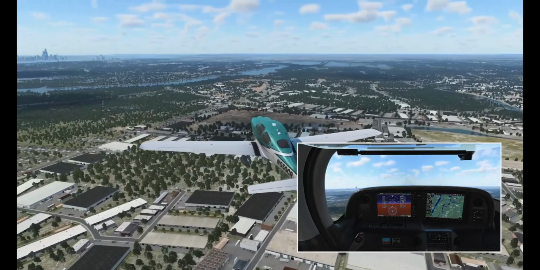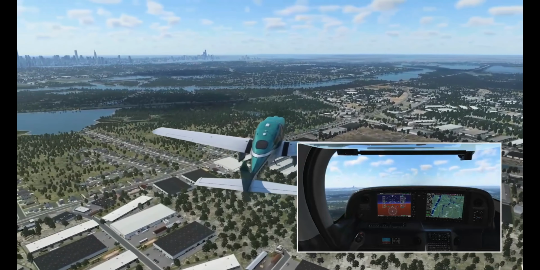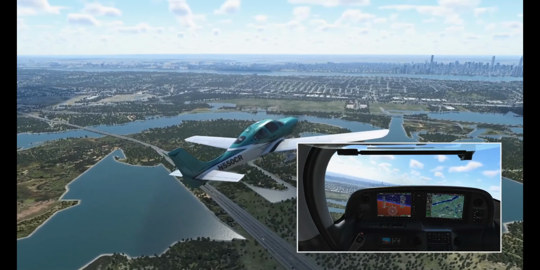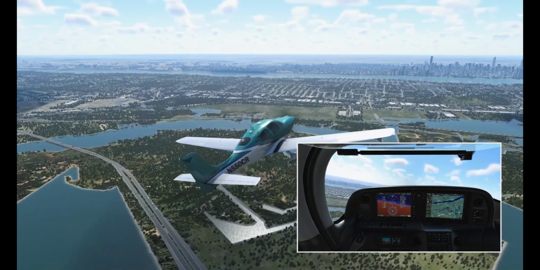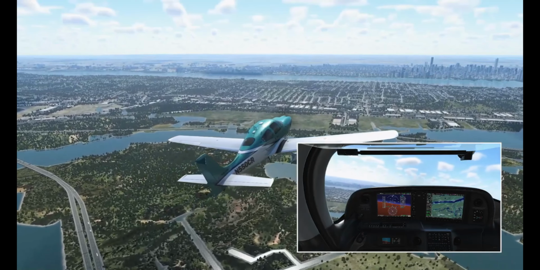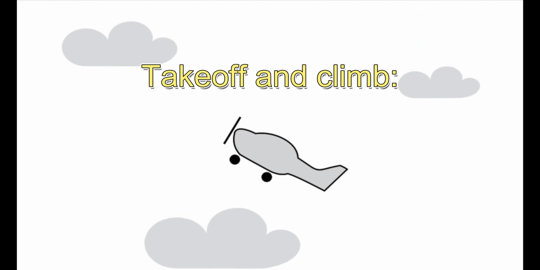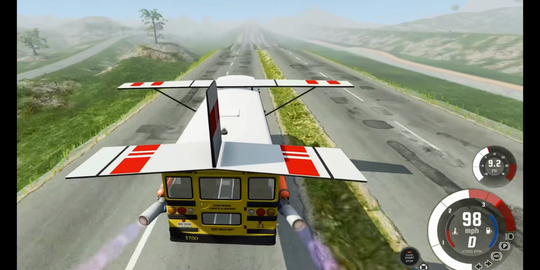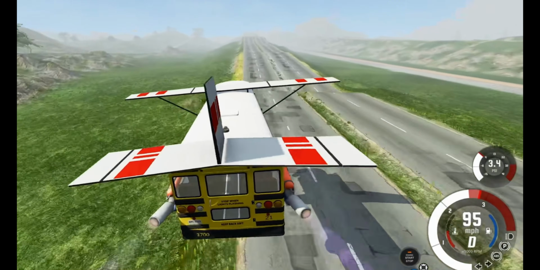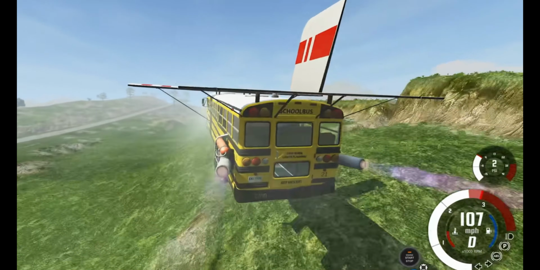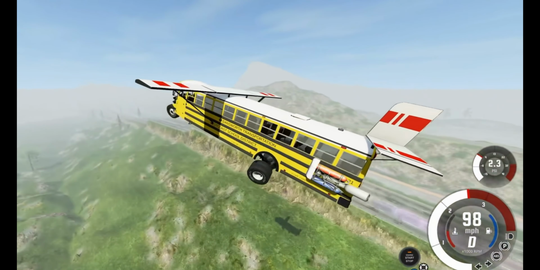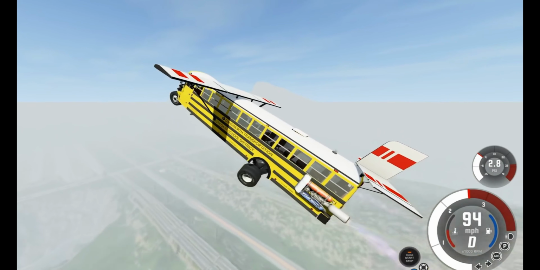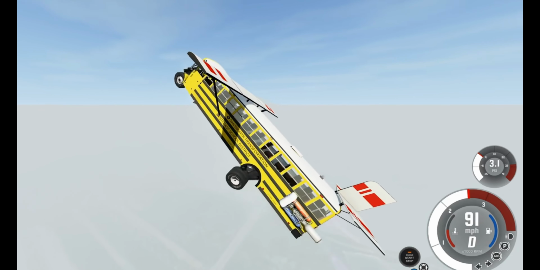Based on the current power configuration, we calculate the flight performance during 3 phases: takeoff and climb, cruise, and turning. First, we look at the most important phase, takeoff and climb. In this phase, we evaluate the aircraft's obstacle clearance capability under full load, that is, how quickly it can reach